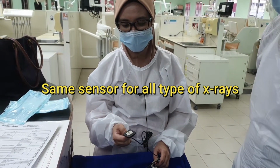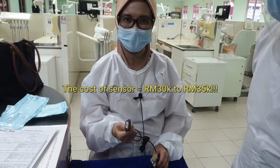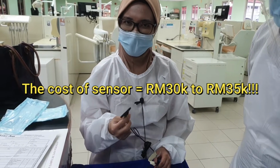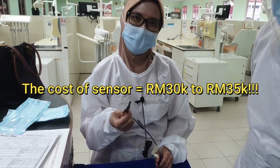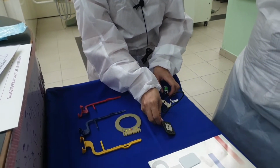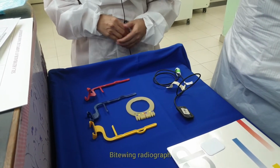I would like to share with all of you that the cost of this digital sensor is around 30 to 35K. So please be gentle with this sensor. Okay? Right, now Encik Firdaus will show you how to assemble the digital X-ray if you want to take